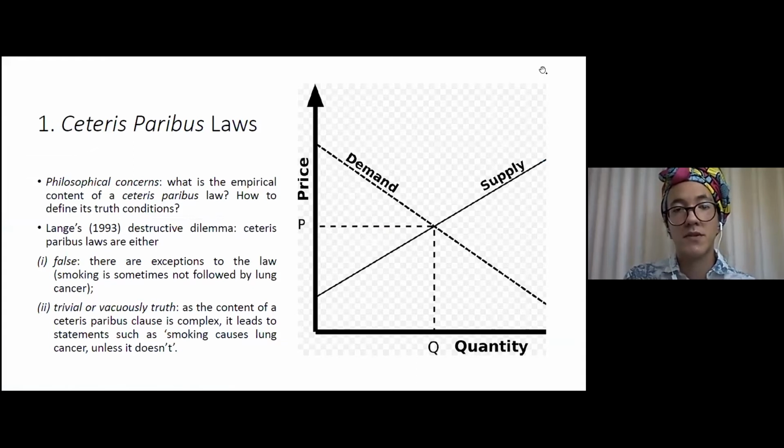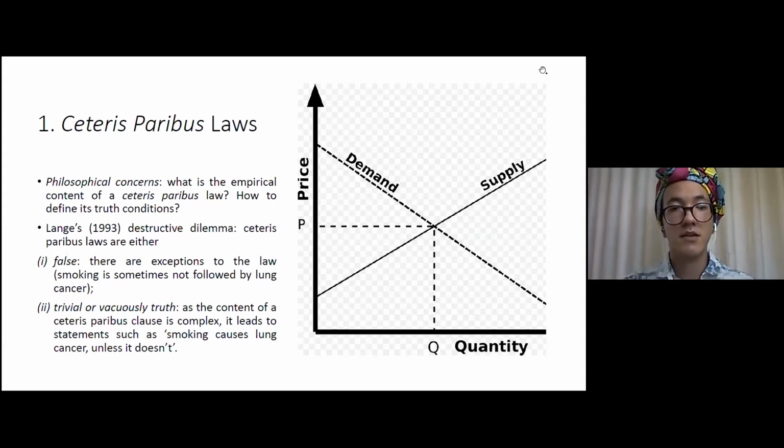Some philosophical concerns are brought by the issue of ceteris paribus laws. What is the empirical content of a ceteris paribus law? How to define its truth conditions? Since ceteris paribus laws need some clauses in order to be true, how can you define precisely the empirical content of this law? Since the antecedent conditions for the law to hold,